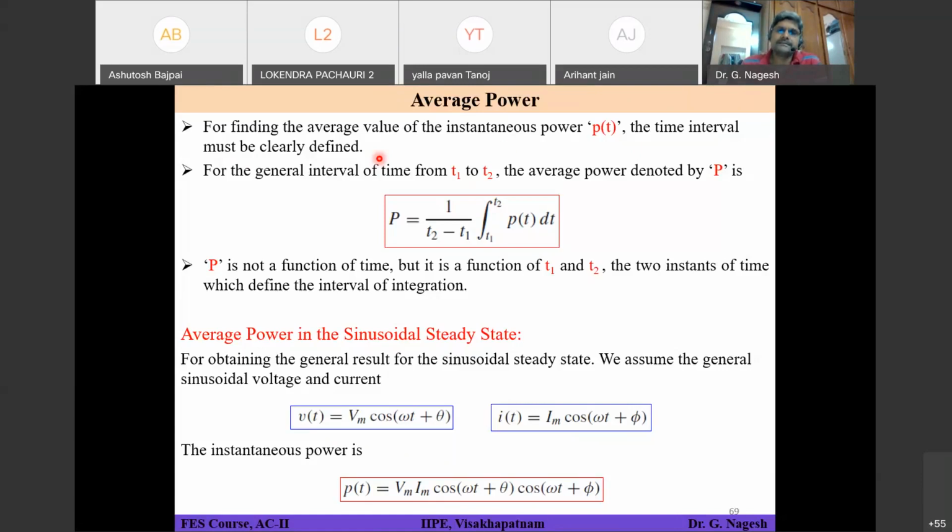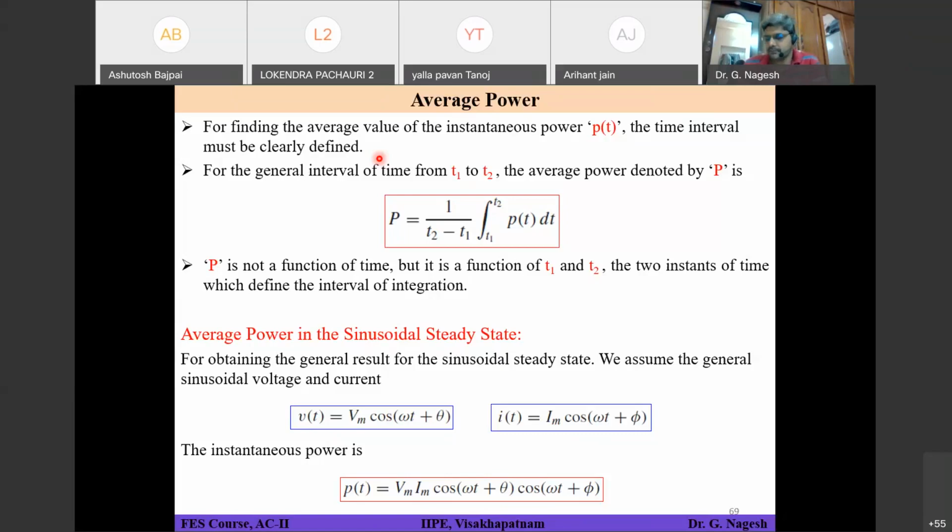because instantaneous power is an instantaneous quantity which is varying with respect to time. Even if at some instant of time the power delivered to the particular element is more than its withstanding capacity, for a fraction of a second it can withstand. It will not burn immediately. But this average power, what we are calculating, is very much important for us. This average power will actually determine how much power this element can withstand, or if you cross that limit, that element will immediately burn. So that information we can get from this average power.